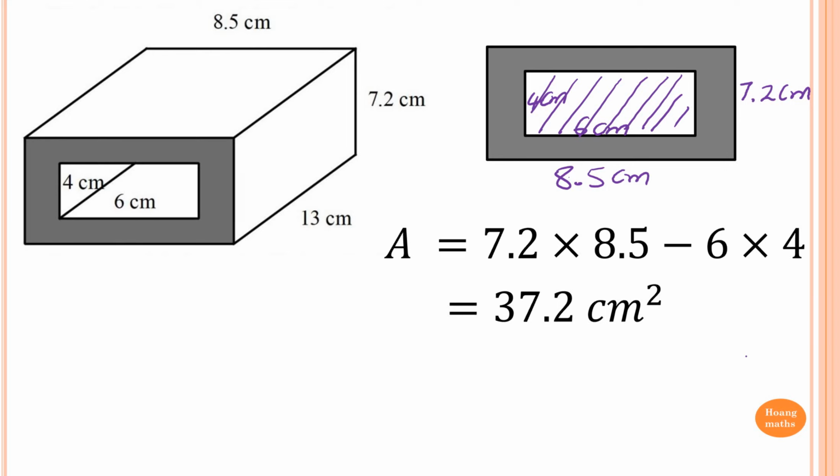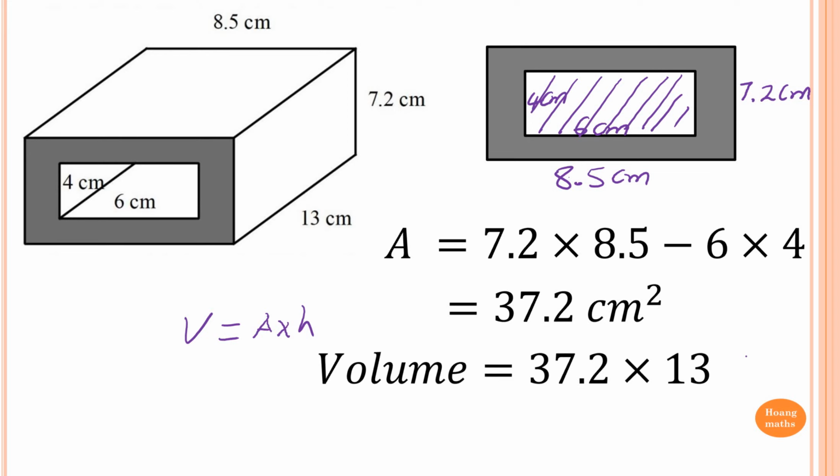37.2 square centimeters. So we know that volume is area times height, which gives me 37.2 times 13, because 13 is the perpendicular height, which gives me